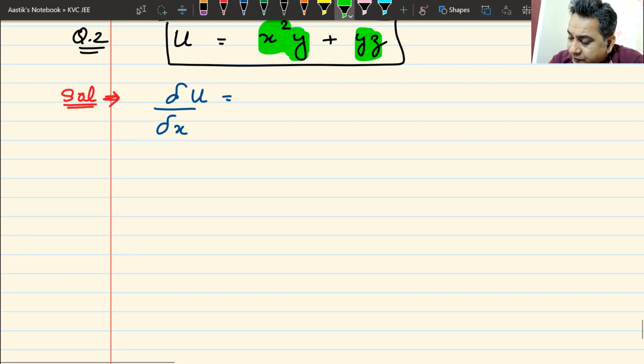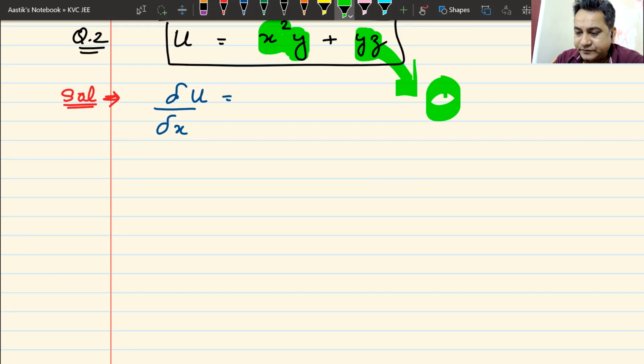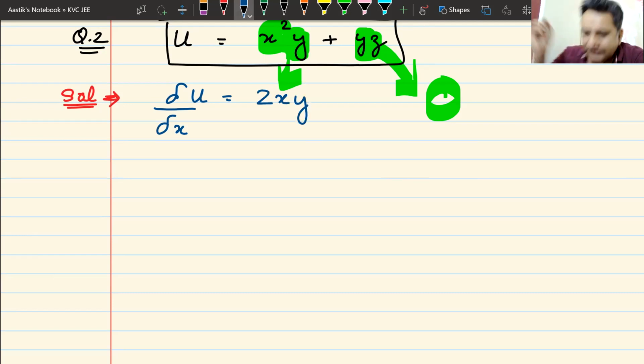Partial derivative of, first of all, this thing yz with respect to x is 0. So don't worry about this. This is already out. I just need to calculate the partial derivative of this. This is a product function. One function is x squared. The other function is y. Derivative of y is 0. So this goes away. So the only thing that remains is I have to find the derivative of x squared and multiply it by y. Derivative of x squared is 2x. So the partial derivative will be 2xy. Do we understand this?